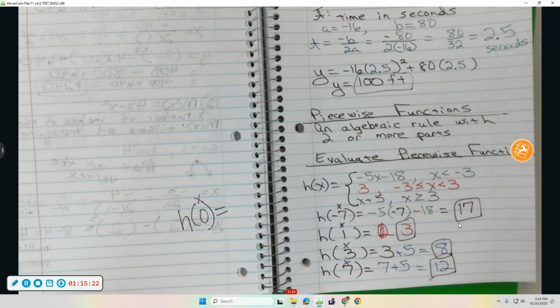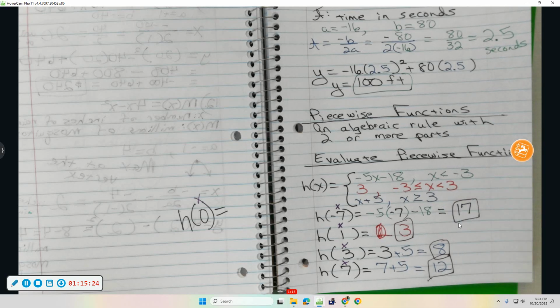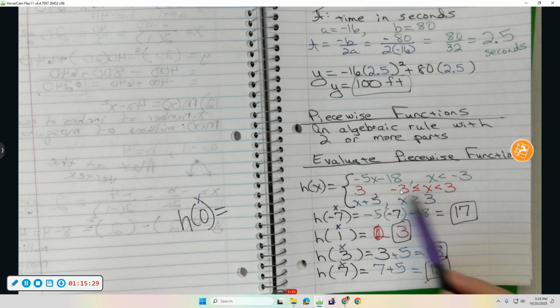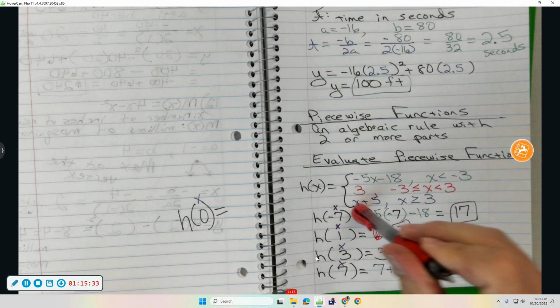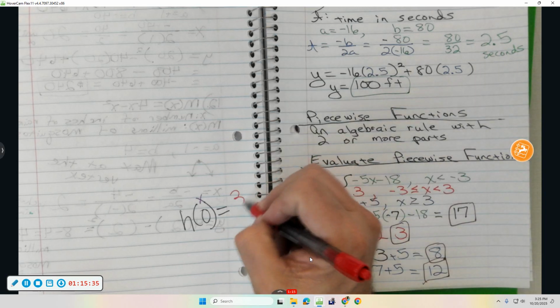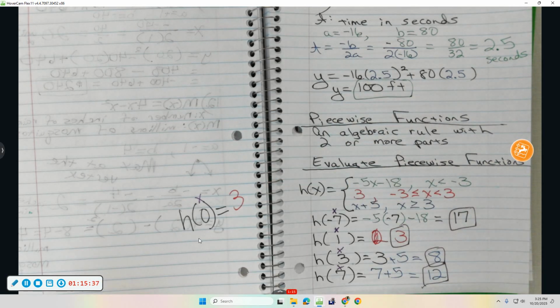Which piece would you use? Green, red, blue. Red. 0 is between -3 and +3. So we would use, there's no variable to plug in, it's just a constant 3. What about h of